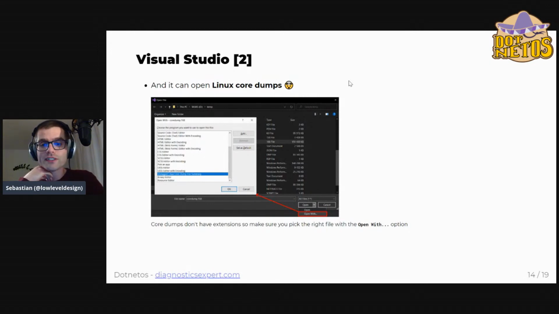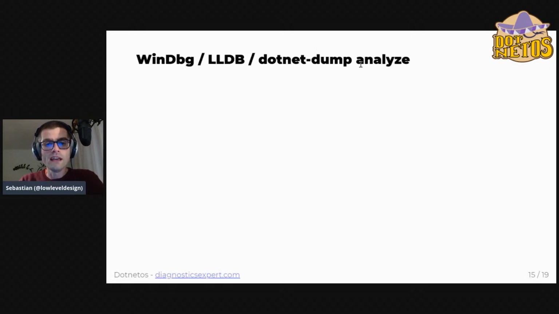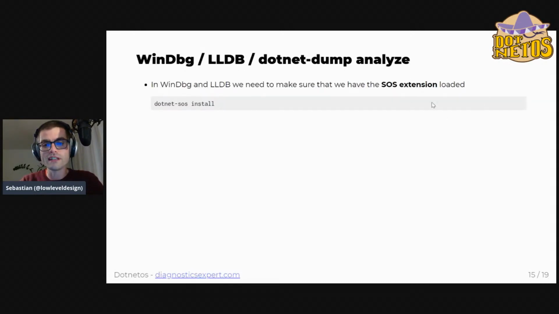However, unfortunately, the native call stacks will not work because the symbols for libc or other Linux libraries are not on Microsoft symbol servers, and the symbol server protocol is not used on Linux. So unfortunately, we won't see those, but we can download symbols for libcoreclr and other .NET libraries, even the Linux ones. And of course, we have WinDbg, LLDB, and dotnet-dump analyze, which all use the data access component,